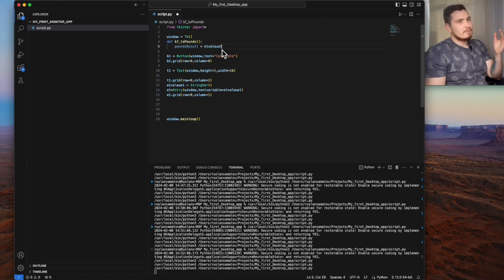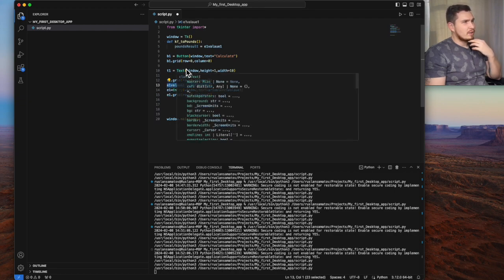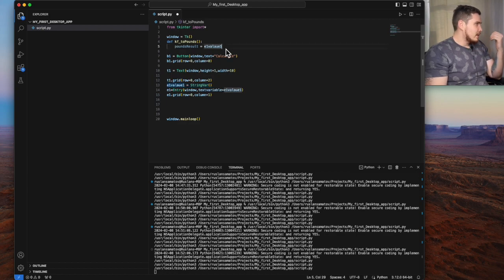So basically, kilos we need to multiply by 2.2 to get our result. However, the value is coming as a string var, as we can see. So how can we multiply a string by an integer? So the first step will be to convert